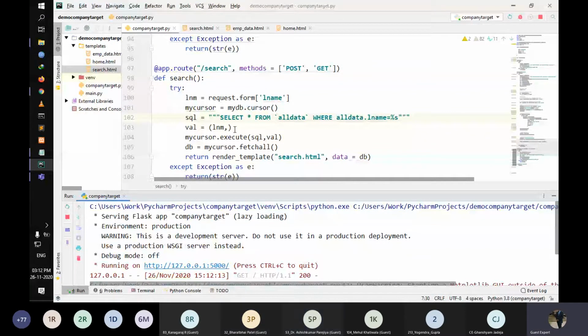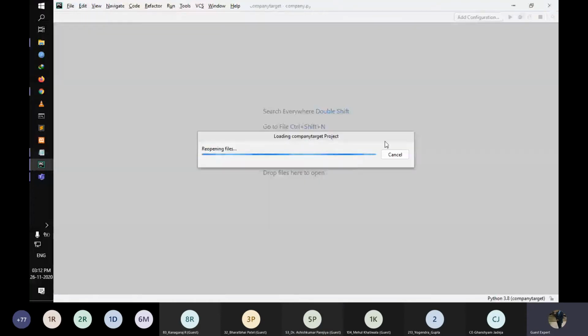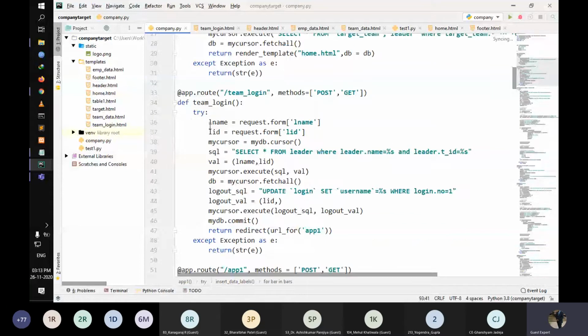Share me the code on WhatsApp. If possible, can you share that script you are talking about? Sure, just allow me two minutes, let me connect web WhatsApp. I will open the previous project, a similar one that we created, because in that we've used a similar query and there's no issue in that. This is the one.